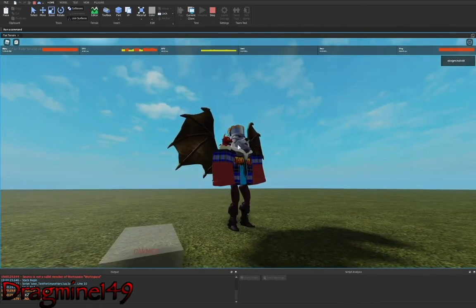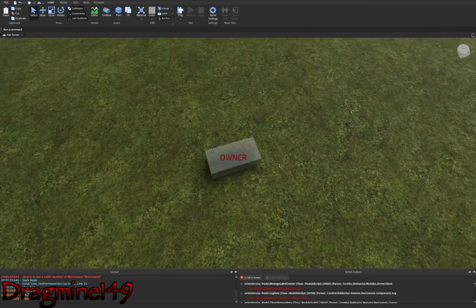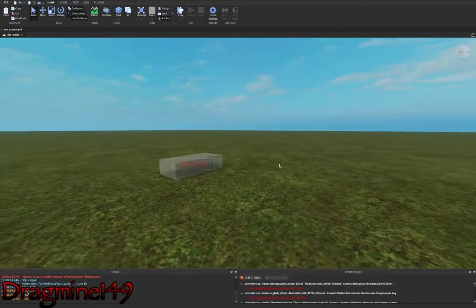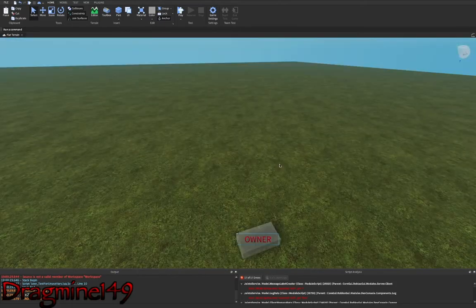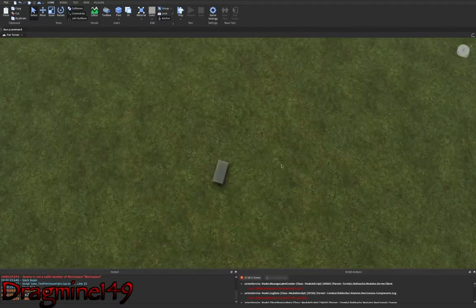Now what you might want to do is change the size to make it bigger so you can see it further away. But that's the Billboard GUI. No matter what angle you're looking at it, as long as you're in the distance, it will always show it. If we look in the Explorer here, it does the same effect. See, if we go away, we can't see it.